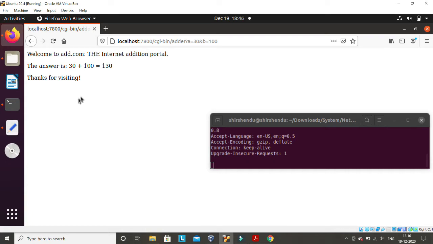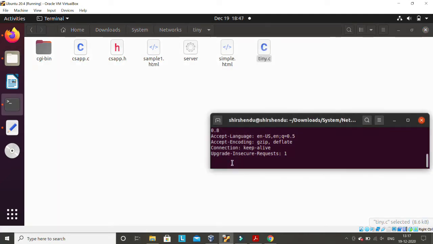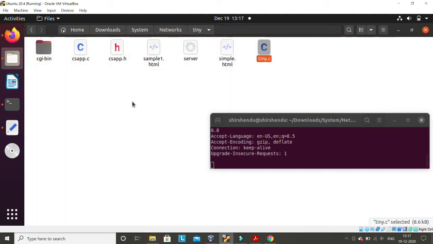So the beauty of this small tiny server program that you have compiled and is running now is that it is capable of doing all these things. It can send a static page also. Whatever page is located on this server, any HTML page, it can read and send, so that the same HTML page can be seen from the client machine. Or it can also send the dynamic part if there is anything here.